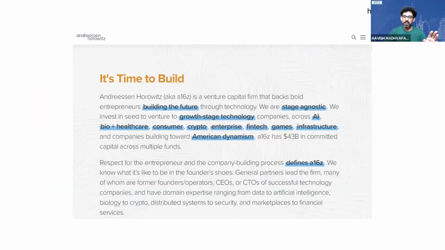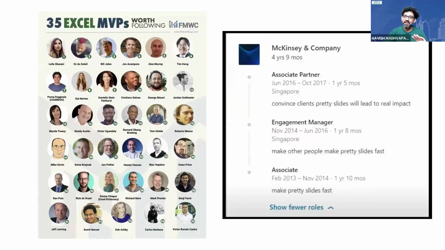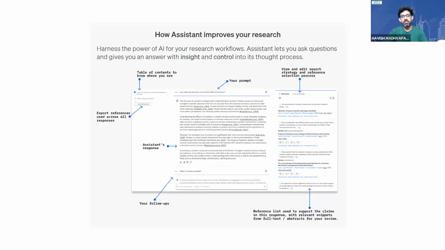But if you see, all of these are nice designs, like Andreessen Horowitz. This is so nice. So A16Z had this style of a lot of text with certain highlighted keywords, and I love it. I might not do it right now, but I've at least saved it for reference for the future so that the day I feel it is important to me, I'll be able to do it.